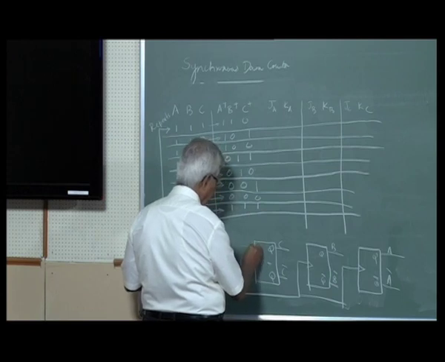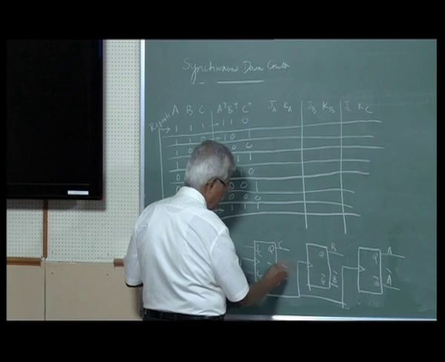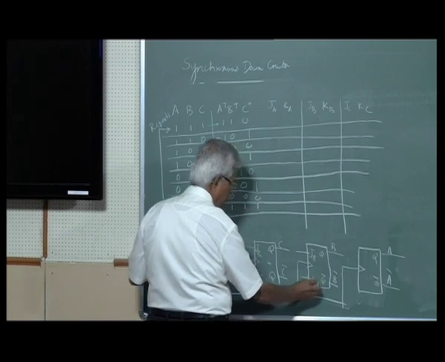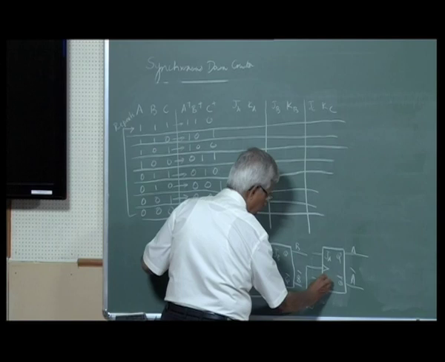So, what we applied here is called JC, KC, JB, KB, JA, KA. The question is,